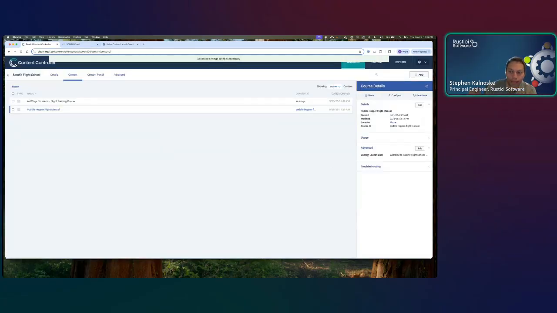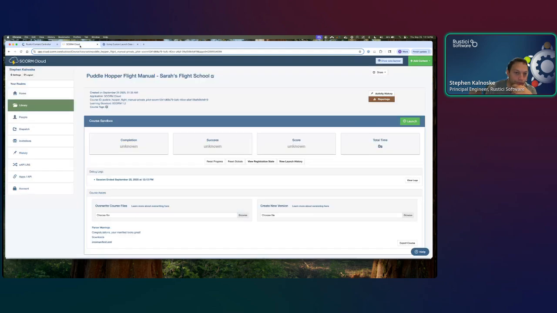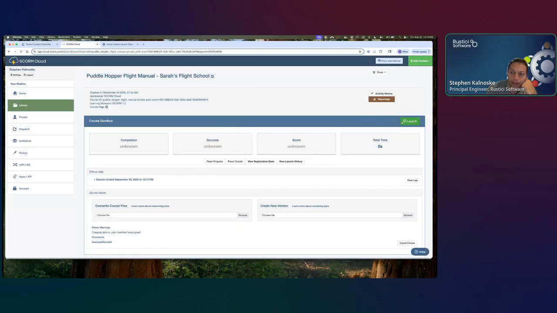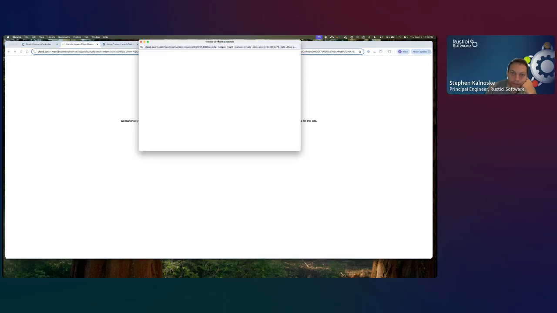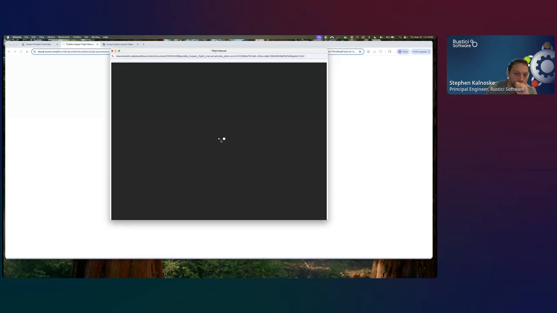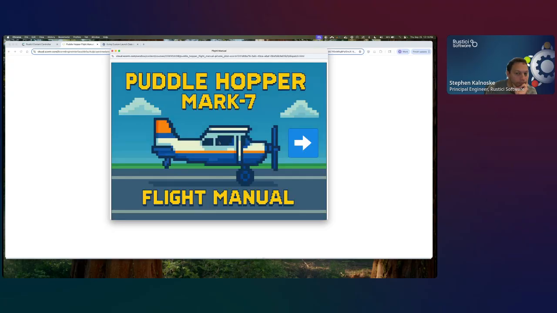So now that we have that piece of custom launch data in Content Controller, we're going to go back to Storm Cloud. I'm going to reset the progress here because we got a completion. And then let's launch it. Okay, so now we're back at the front page, just like we were before. But now, when I press the next button here,